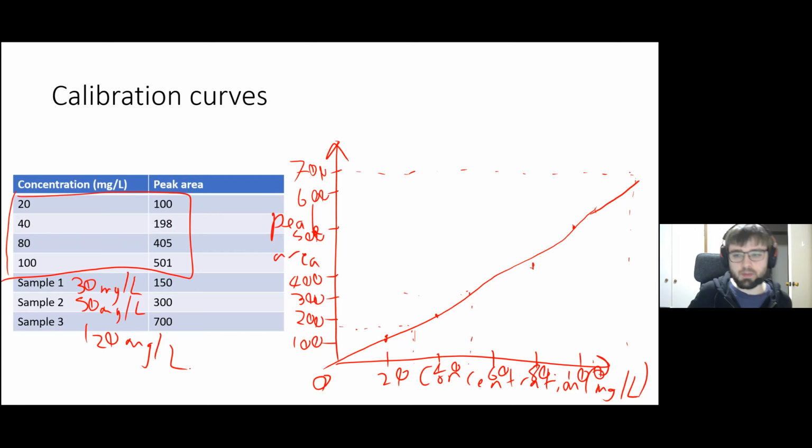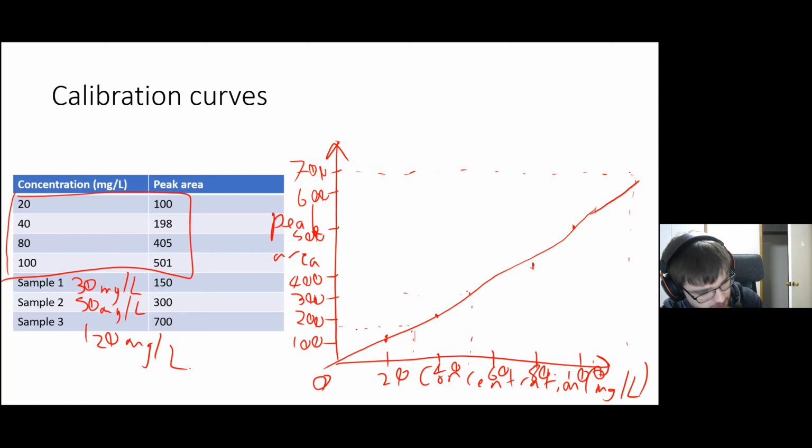So we can do a bunch of different samples at the same time. You can use one calibration curve for multiple pieces of data if you do it all under exactly the same conditions. And that is a time-saving measure because it's not as much fun to have to run 6 standards every time you want to measure a single unknown. You can just run a bunch of unknowns on the same day that you ran all your standards on. All right, so